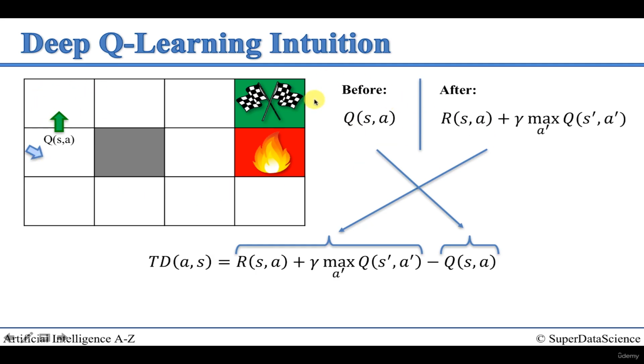And ideally, these two should be the same. So the Q value that he had in his memory about this action in this state, it should equate to the actual reward plus the gamma times the value of the state that he ended up in. And therefore, that's how we calculate the temporal difference. We take what he got after minus what he had in mind, what he was expecting. You subtract one from the other, and that's your temporal difference. And then you use your learning rate alpha to adjust your new Q value by the temporal difference, but with a coefficient of alpha. So that is the essence of the simple Q learning.